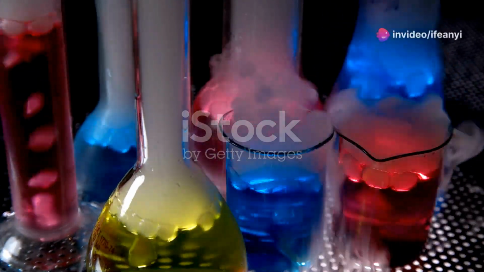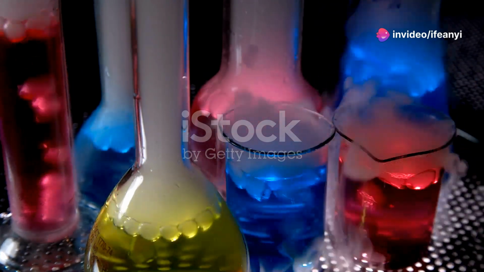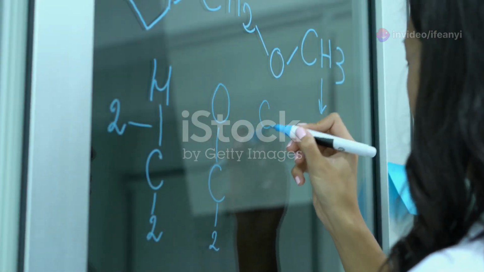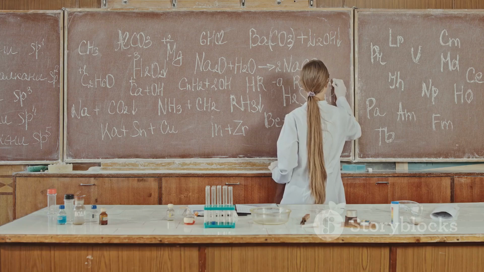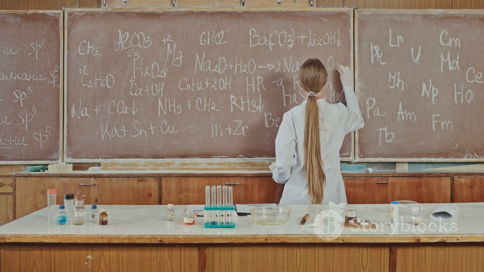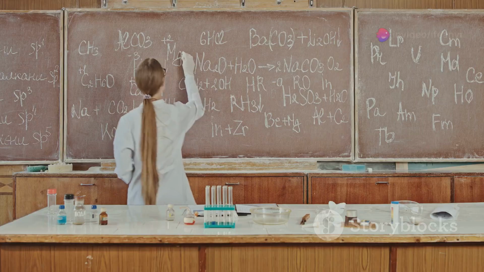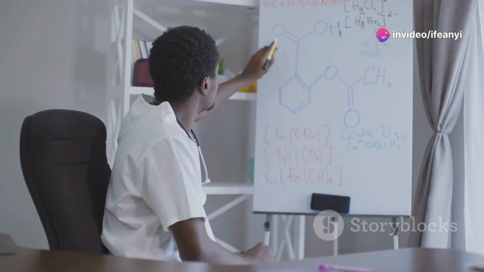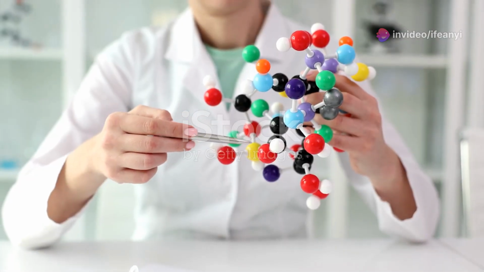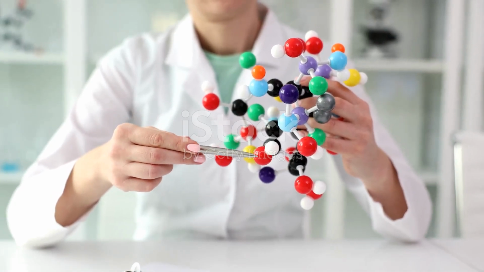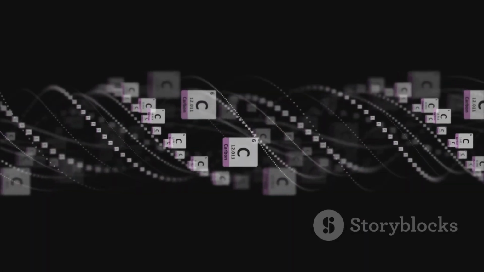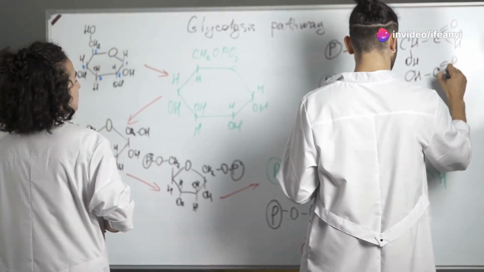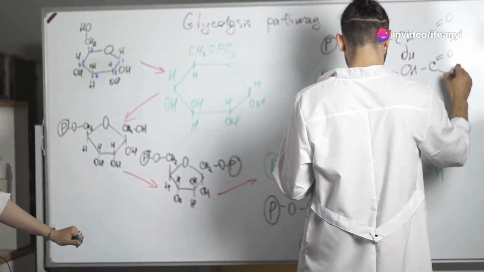Like celestial objects in the vast universe, each organic compound has a unique name and identity. The International Union of Pure and Applied Chemistry, IUPAC, has established a systematic method for naming organic compounds. To name an alkene using the IUPAC system, follow these steps. First, identify the longest carbon chain containing the double bond. This chain forms the parent name of the alkene. For example, a chain with 2 carbons is called eth, and a chain with 3 carbons is called prop.